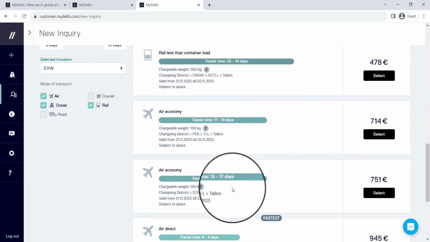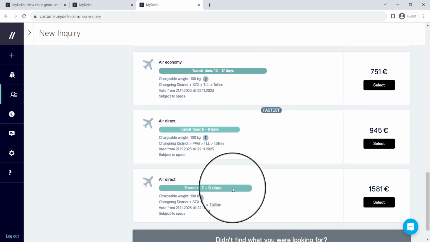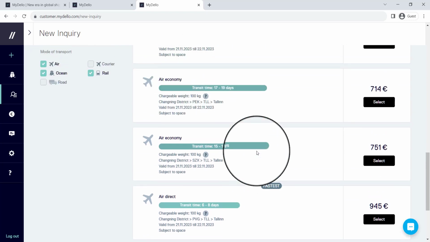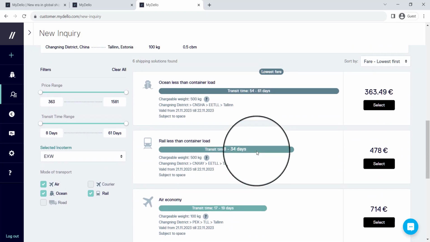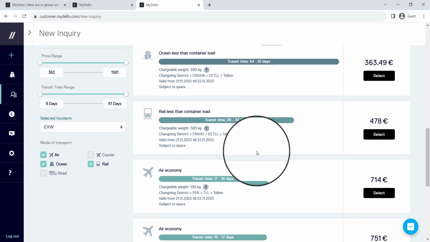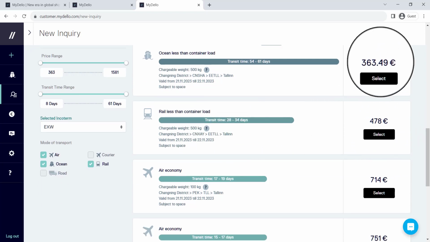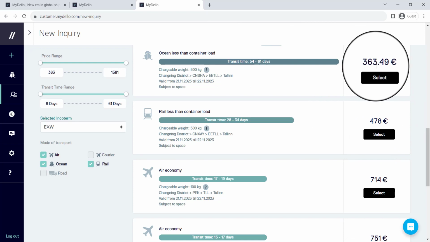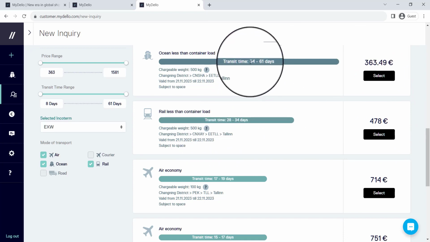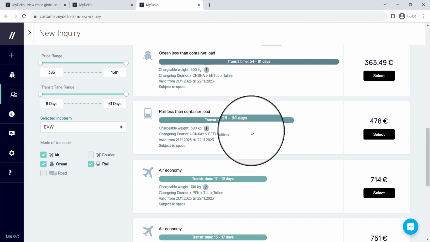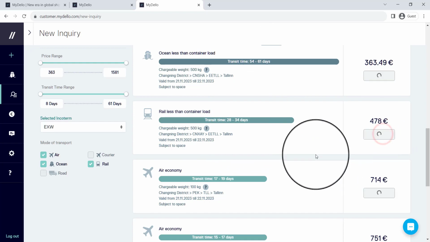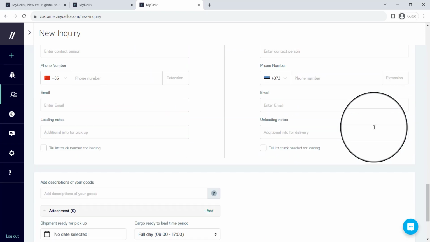Depending on what you discussed with your client, you can choose the freight mode that best suits whatever they wanted. So I'm going to say that seeing that rail isn't that much more expensive than ocean, but it's less than half the time, I'm going to choose rail. So once you choose it,